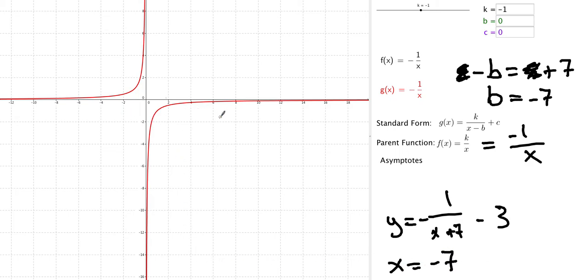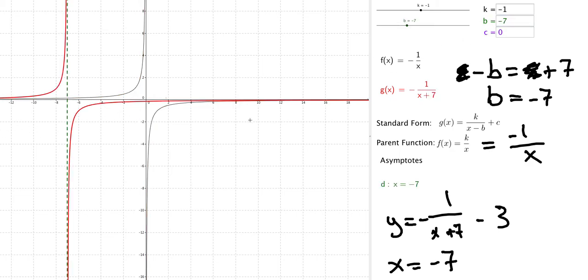So x equals negative 7 is one of our asymptotes. And that's going to shift everything on the graph to the left 7. So let's plug in negative 7, shifts the whole graph to the left 7, and our asymptote x equals negative 7 is showing up. Our c value is negative 3 again, so it's going to shift the entire graph down,